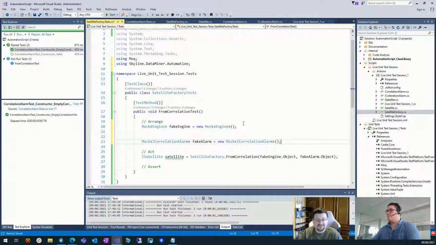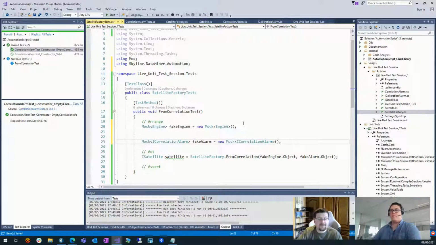Here we go. Now we need to consider, what are we actually going to do from those things? What are we probably going to do in the code to go from the correlation to an actual element? Now, for going from correlation to an element, we are going to need to get a specific value from our correlation alarm that represents the element ID.